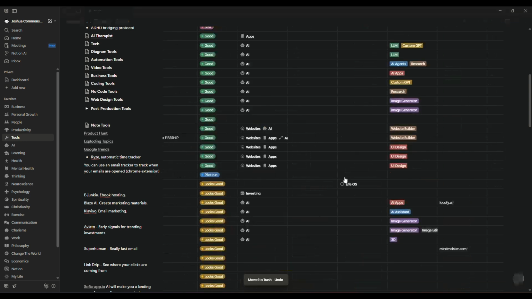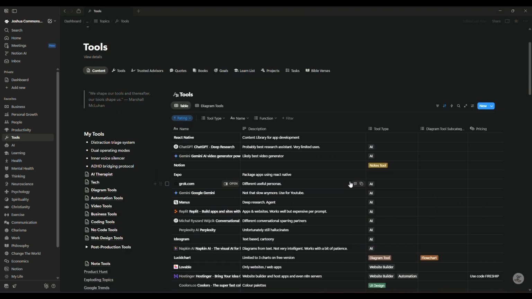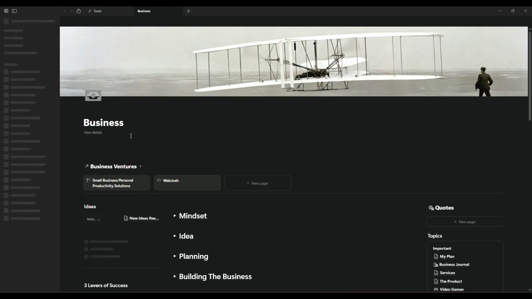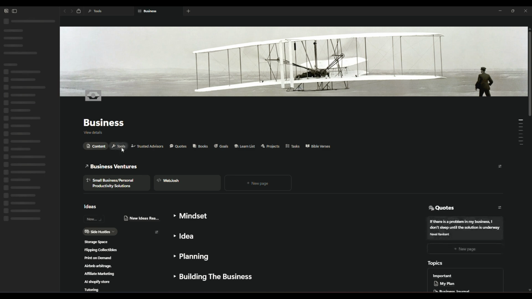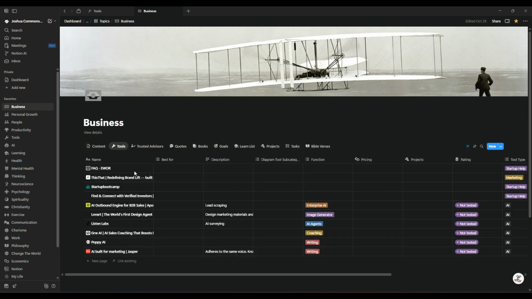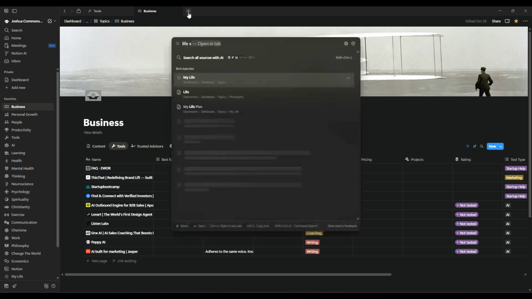So that's how I organize them in the database. They also can come up in projects. I mean, not in projects. Yes, in projects, but in topics. So this is my business topic, and you can see here I've got a tab for tools. So anything in the tools database that I've related to the business topic, it will come up here, and that shows those. And also for projects, so open that Life OS project,